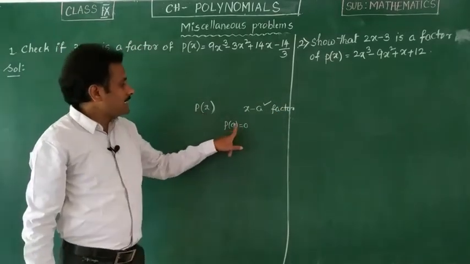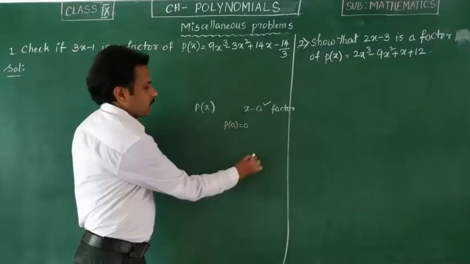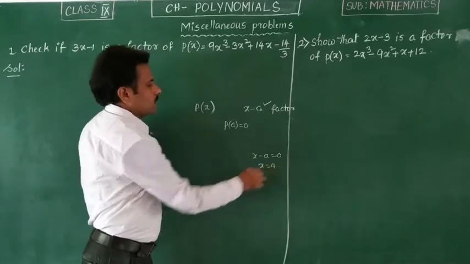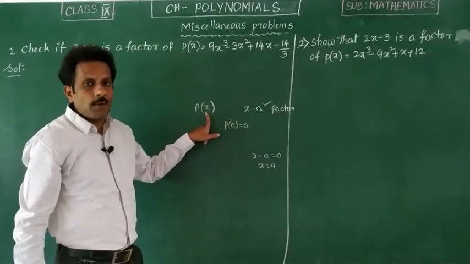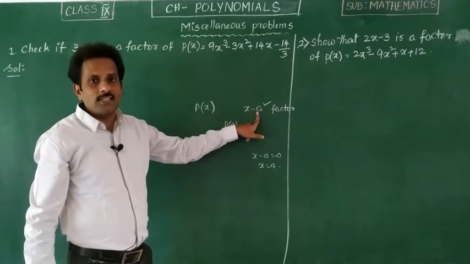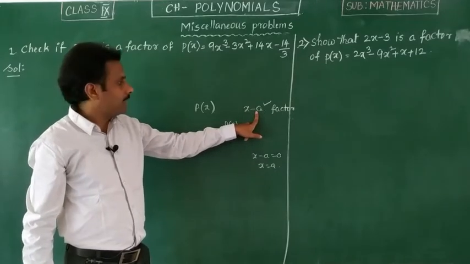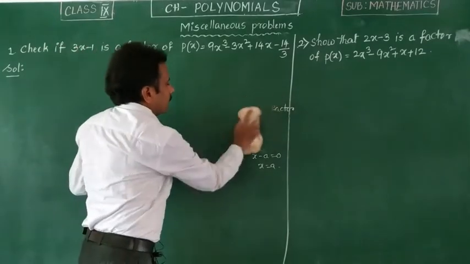So here what is a here? A is the 0 of polynomial. X minus a equals to 0, if you take the next value you get a. So a is nothing but 0 of polynomial. That means p of x is a polynomial, that is dividend. It is divided by x minus a, that is g of x. So here first you need to find the 0 of polynomial, that is x minus a. So the same here let us apply.